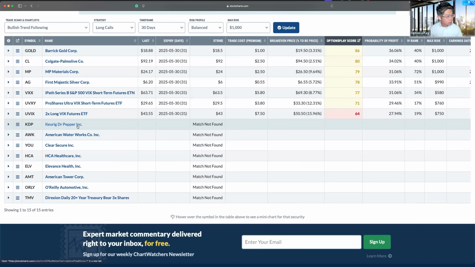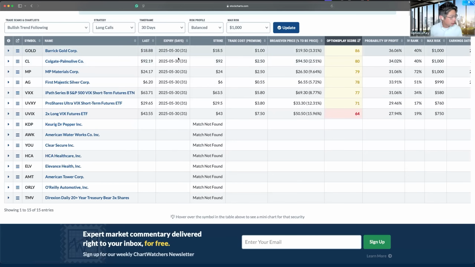But more importantly, if all of these stocks fall under the trend following category, which one's the best options to trade, right? If they all meet your criteria from a screening perspective, which ones have the best options to trade? Well, that's really where Barrick Gold comes into play. Buying the 18.5 strike when it's trading at 18.88 for $1 is one of the cheapest options that you can